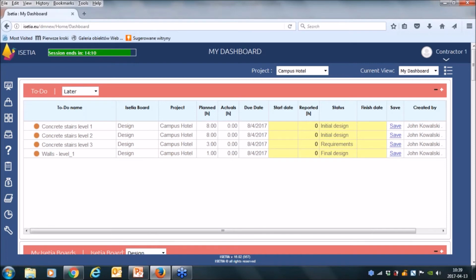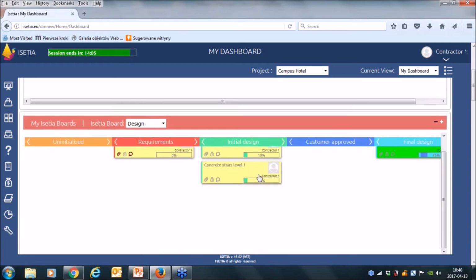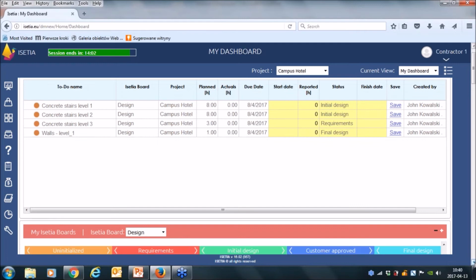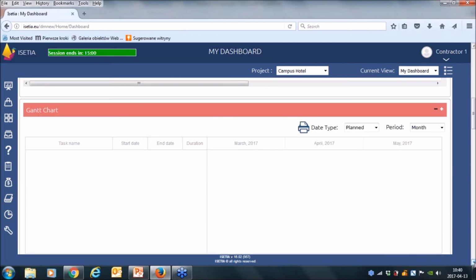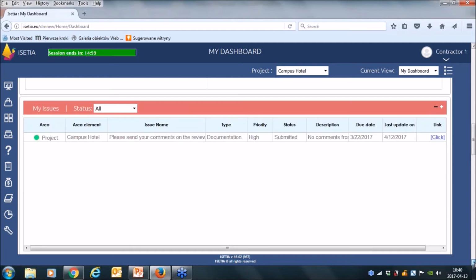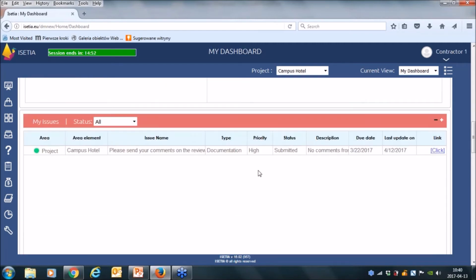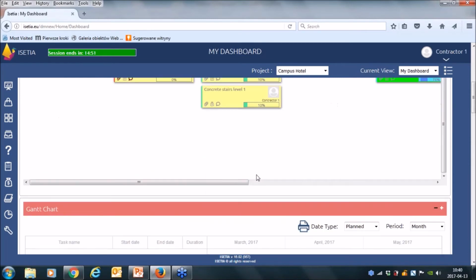So the idea was to inform what should be done, what issues, what events should be managed and involved by a particular user, some risk if it's necessary, and documents.